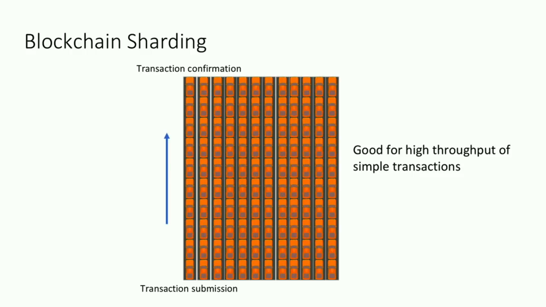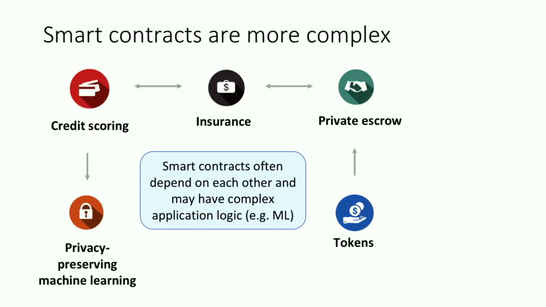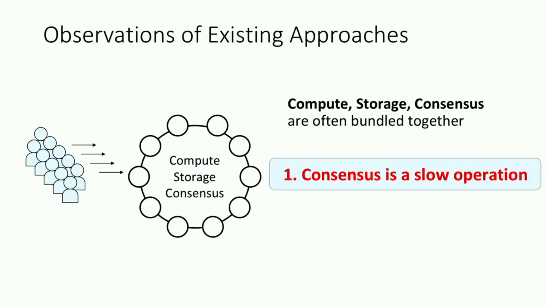However, this type of approach is good for high throughput of simple transactions. But for the kind of blockchain applications that we want to build, these are often much more complex, and the different smart contracts can also depend on each other. So to enable scalability, in particular scalability for complex smart contract execution, we have designed and developed a different blockchain architecture